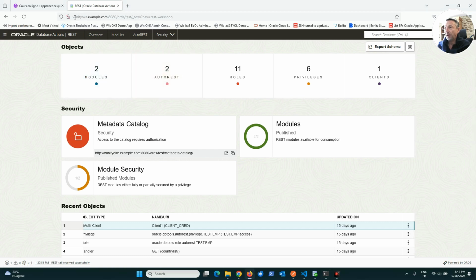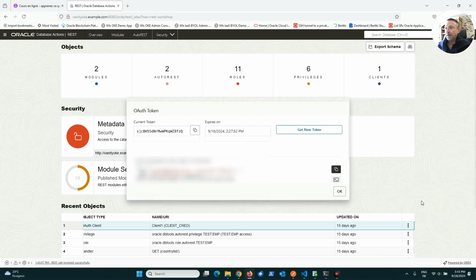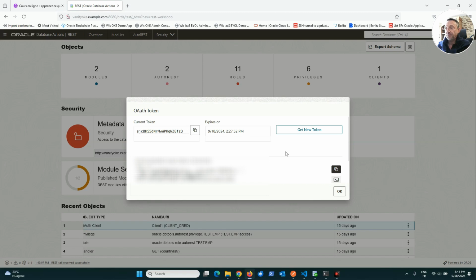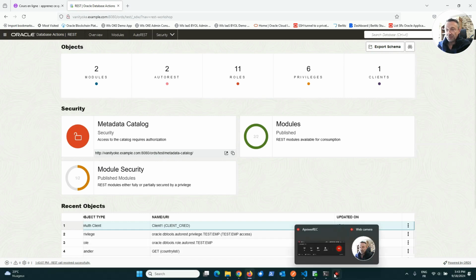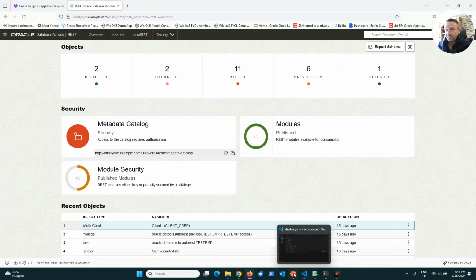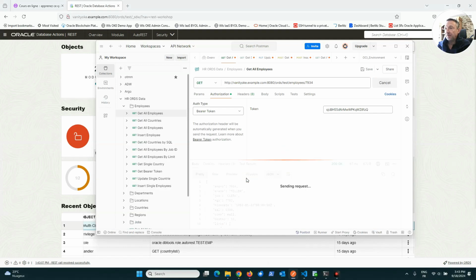I use a vanity URL, OKE example, in order to mask the public IP. And personally, I'm using security with OAuth, so I use this OAuth token. You can see it because in a few moments it will not be okay to use it. Okay. I send,